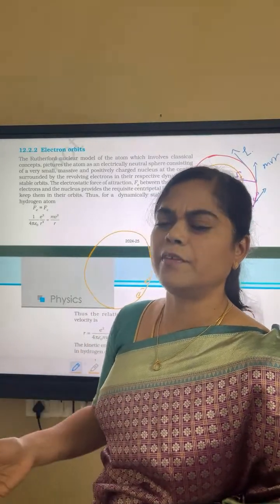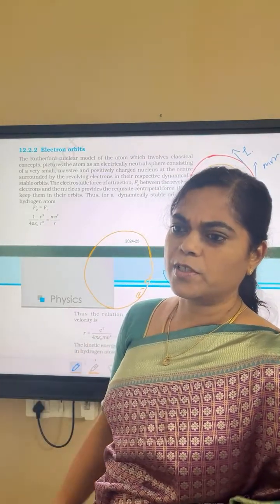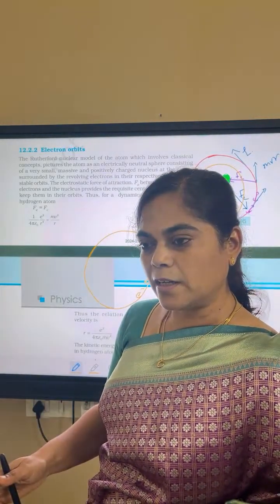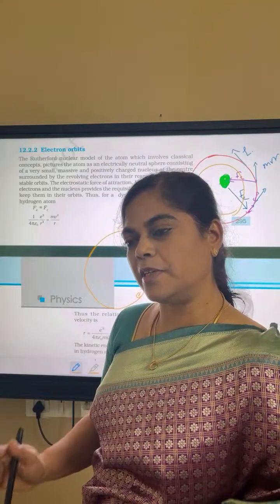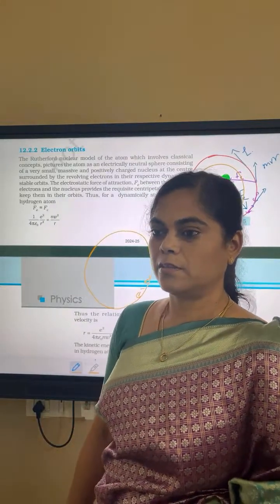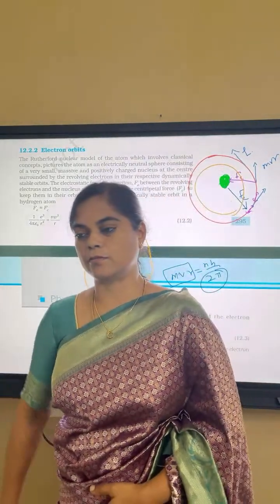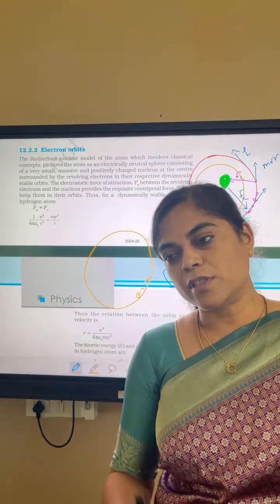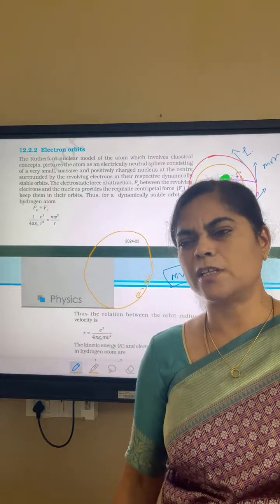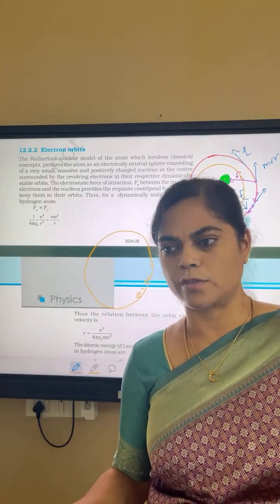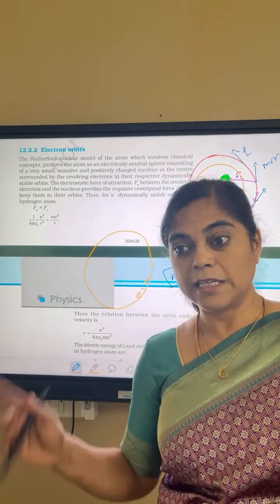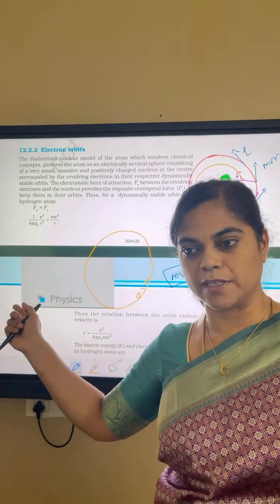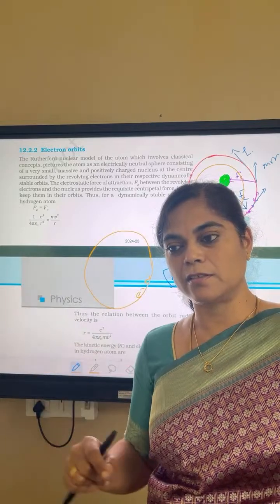If you stop the cycle without a stand, will the cycle be stable? No. But while moving it is stable. Why? Centripetal force is balancing the centrifugal force. Centrifugal force we used to say is the outward force. Here, the outward force is the electrostatic force of attraction, and it is balanced with